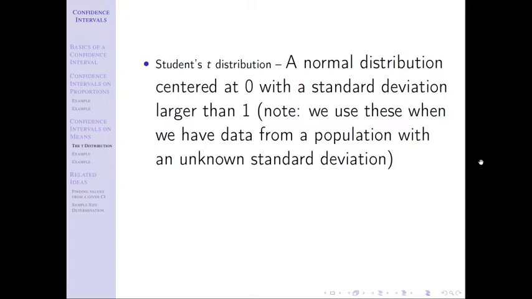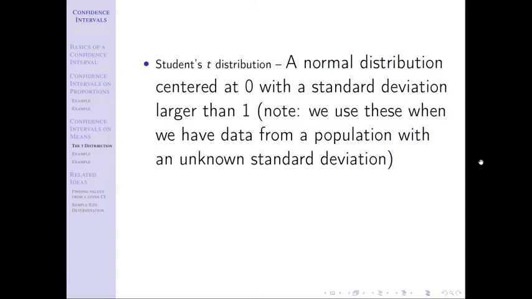I can get some parameters for that because we have data on everyone that's a student at this university. I can get a mu. It might be a little hard. I might have to go through a lot of data, but I could do it, right? So if I were interested in some metric that was a mean on students at this university, I could go get that. I could get the actual mu, and I would never do a confidence interval, because the whole point of a confidence interval is I don't know what mu is. I think it's somewhere in this range. If I know what it is, why am I doing that? I hope that makes sense.